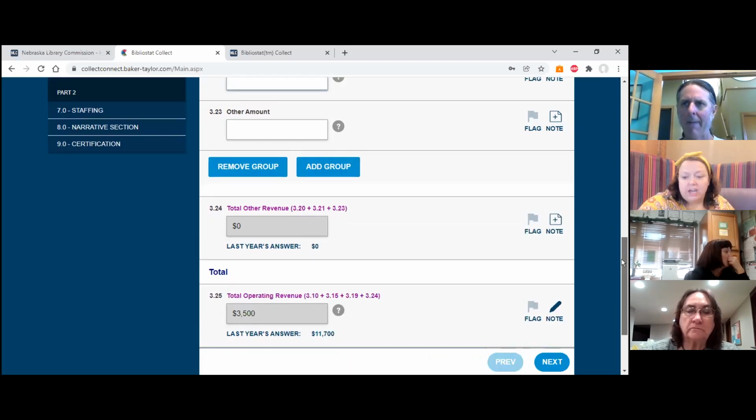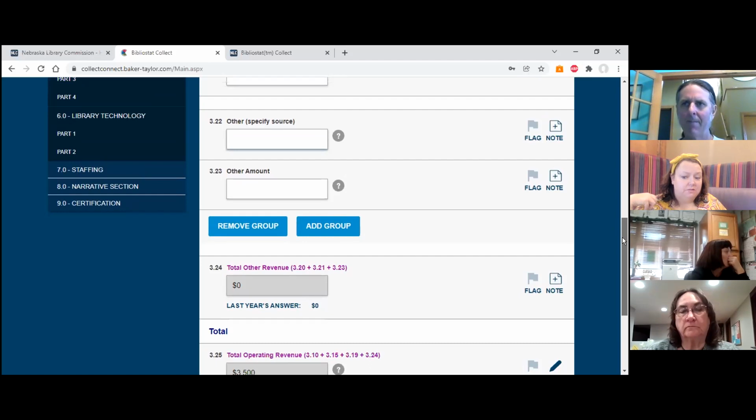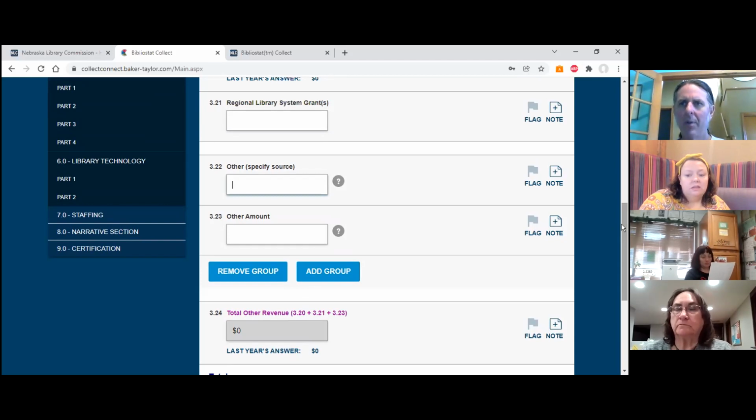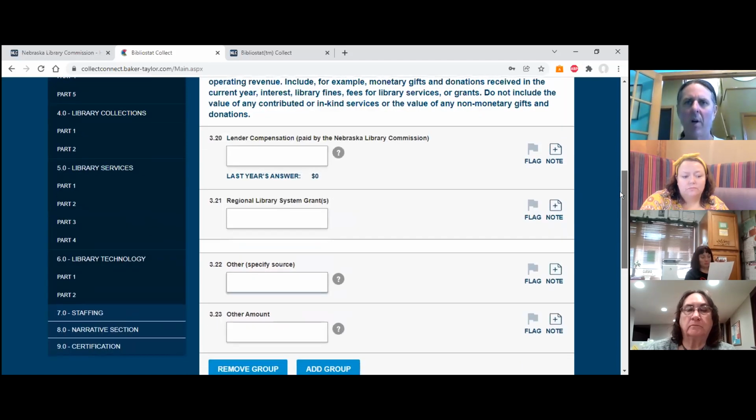Another question in the chat. What if the city pays a bill? So example, memorial books, and then their foundation pays the city. How would they report that? Can you say that again about the books? So what if the city pays a bill, for example, for a memorial book? Would their foundation just pay the city, and how do they track all of that? Yeah, so generally you would want to try and report that,